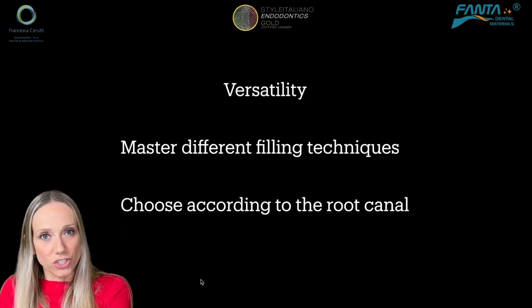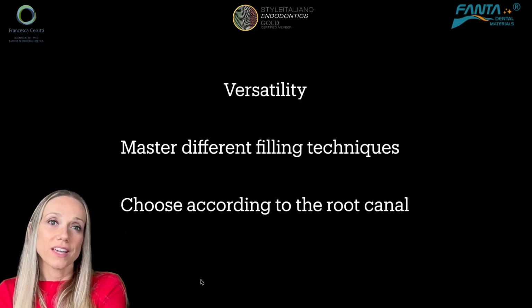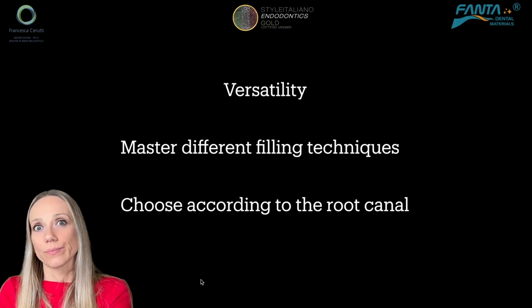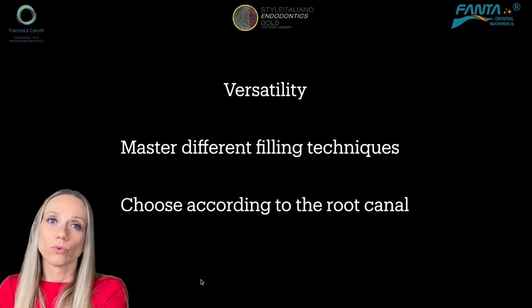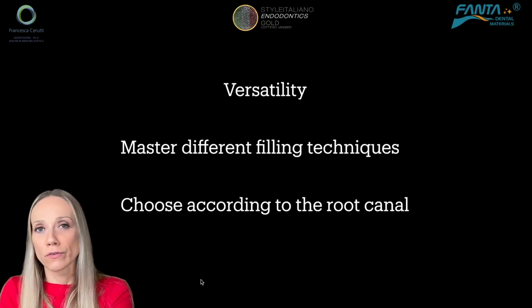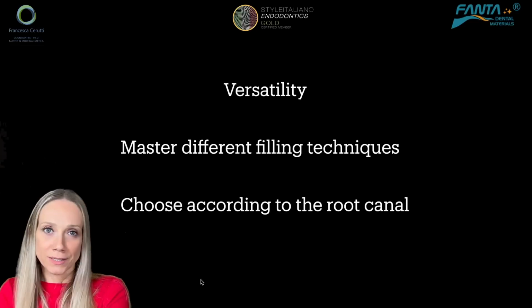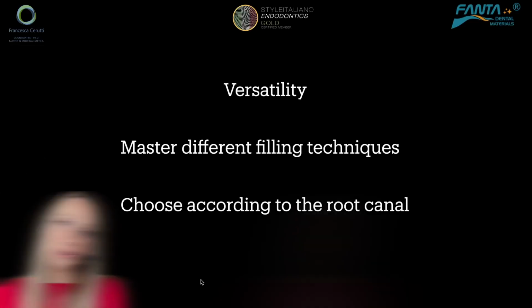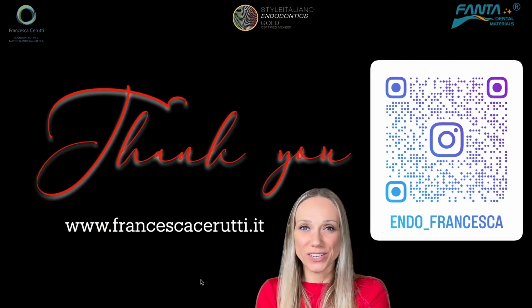But my suggestion is to choose the filling technique according to the root canal anatomy, considering the aspects that we saw before. So the root, is it straight, is it curved, what is the axis that I have, what is the apical size, etc. So I thank you very much for listening, and if you have any questions, I'm more